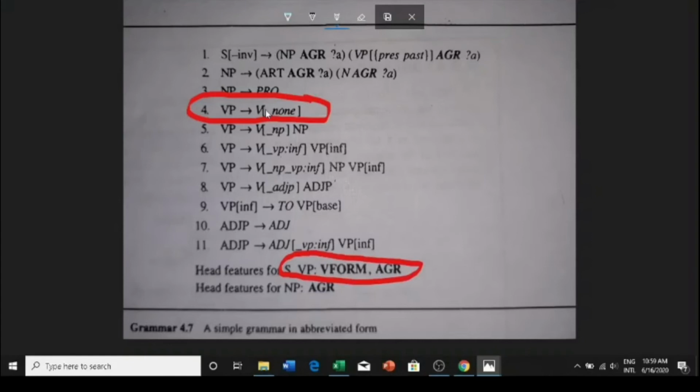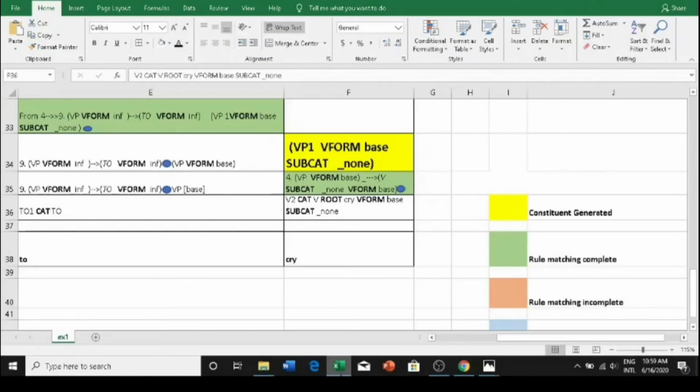So vform and agr will be available as same values to both these things, even though it is not explicitly shown. And here the verb on the right is restricted with a none, no form as vform. Okay, so we are just going to instantiate the lexicon entry that we got for cry with the right hand side